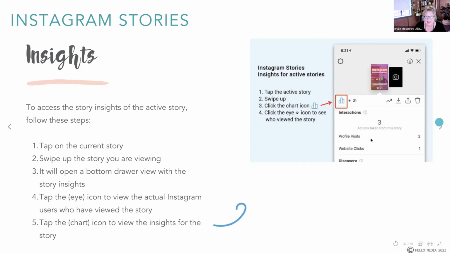And also, of course, what happens? Have they gone directly to your bio and had a look? Have they, at the bio stage, clicked through to your website? And if you don't have a website yet, then instead of putting a website in, you could put a link to your Facebook or to your Facebook group or anywhere else that you've got information about yourself. It could even be your Google My Business website, because if you haven't set up your website with your own domain name, definitely be using a Google My Business one in the meantime.